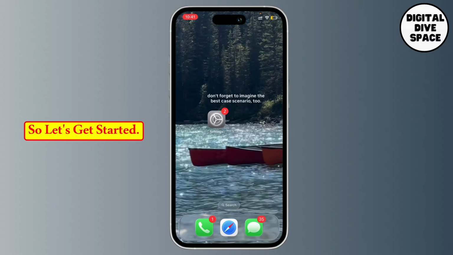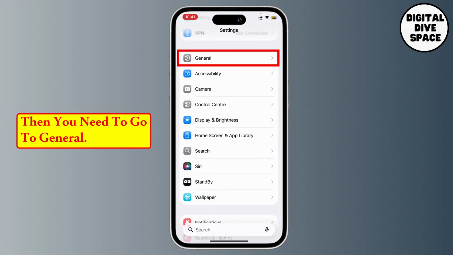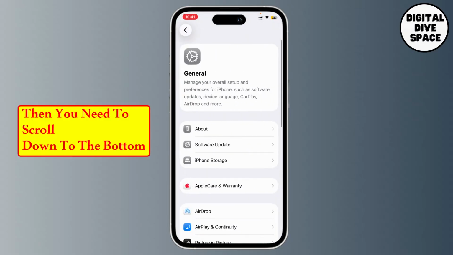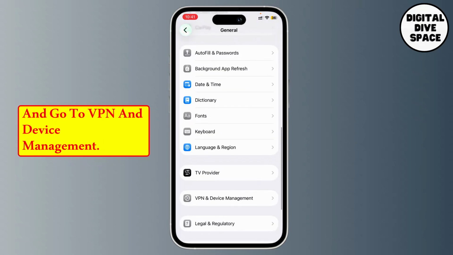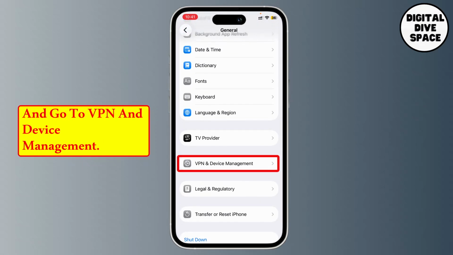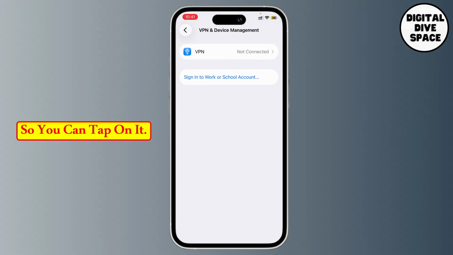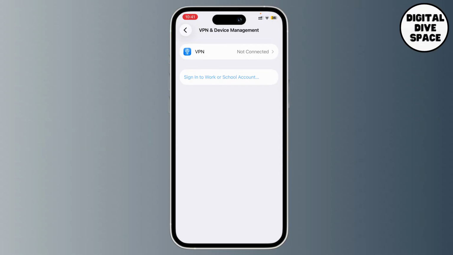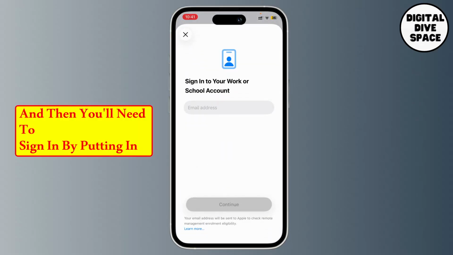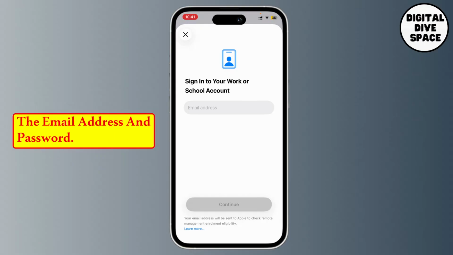So let's get started. You need to head over to your Settings. Then you need to go to General. Then you need to scroll down to the bottom and go to VPN and Device Management. And here you can see Sign in to work or school account. So you can tap on it and then you'll need to sign in by putting in the email address and